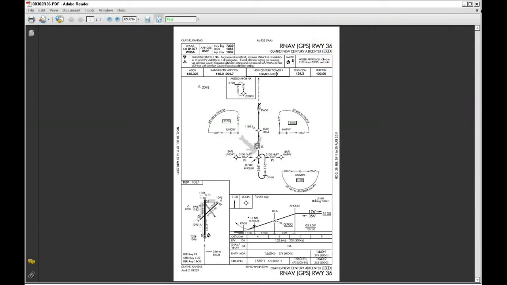Here's the GPS approach plate to runway 36 at KIXD Airport, which we are about to perform in the simulator. We want to have a good idea of what our flight's going to look like before we jump into the actual simulation environment. I pulled the approach plate from the AirNav website, but the file for the approach will be available and contained within the Oz zip file, which you will download from our website at